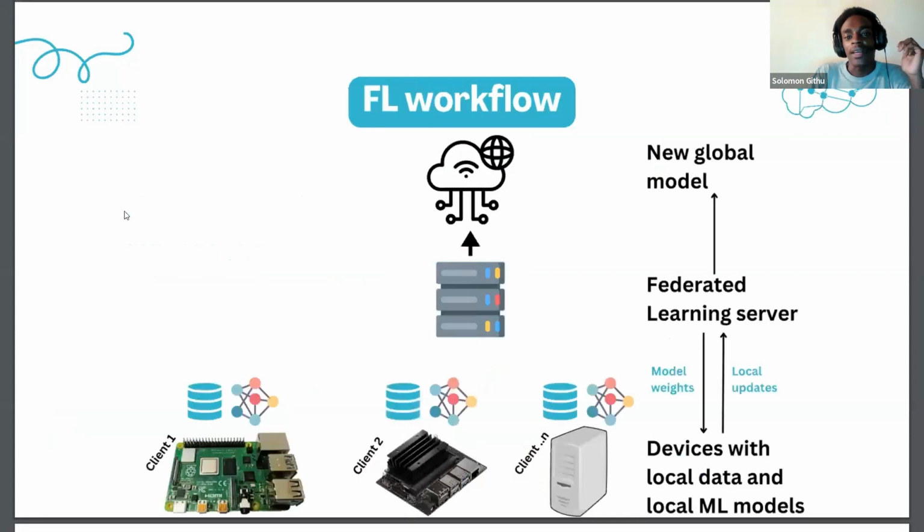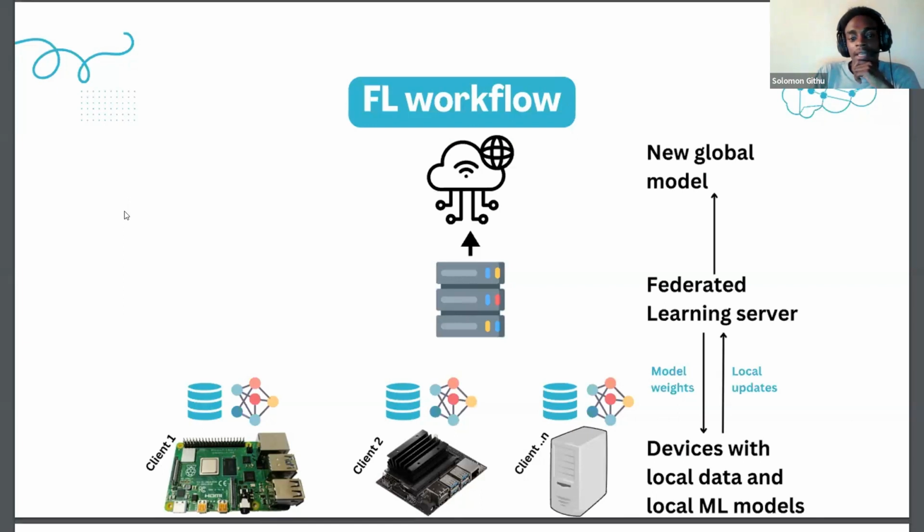And that's where the federated learning approach comes into place, where maybe you have sensitive data, or you don't have diverse data, or you don't have good bandwidth, for example in IoT devices where you don't have good internet access.